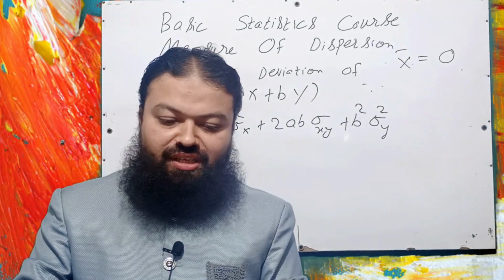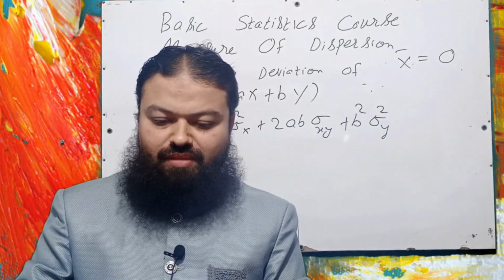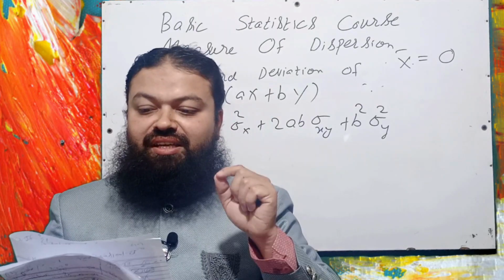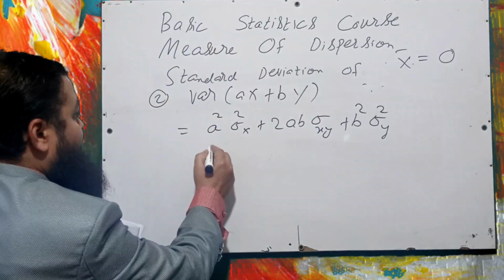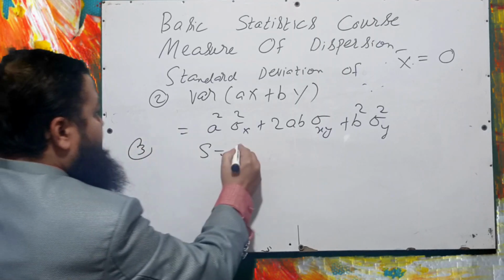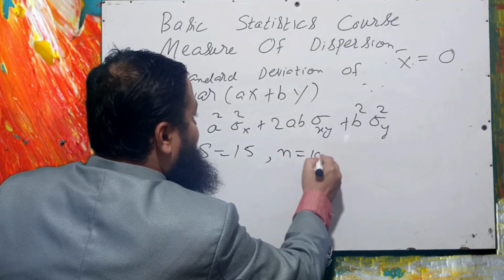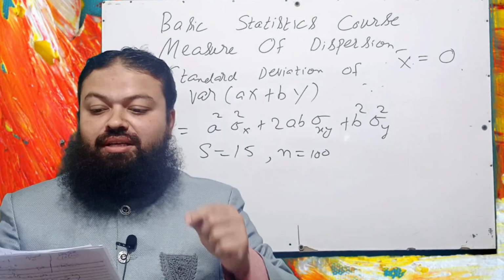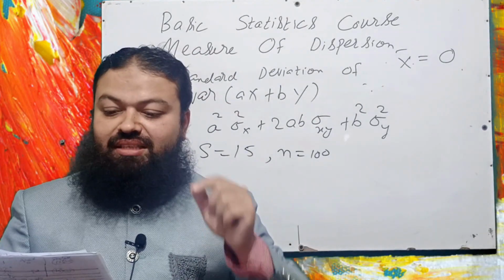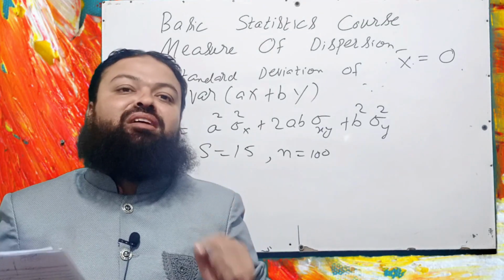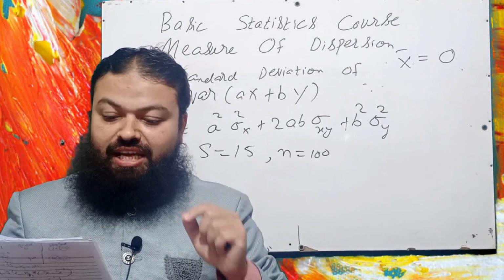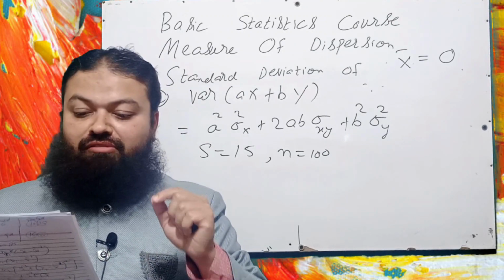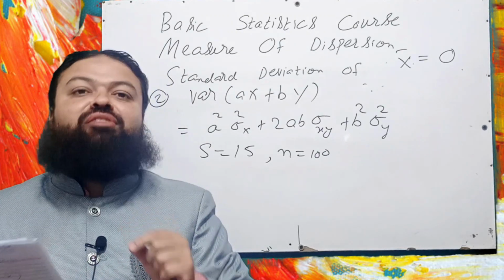Now question number 3. The standard deviation of the marks of 100 students is 15. S is given in question number 3, that is 15. There are 100 observations. Every student is later awarded 7 more marks. The standard deviation of the new set of marks is A part 22, B part 15 plus under root 7, C part 15 minus under root 7, D part 15.